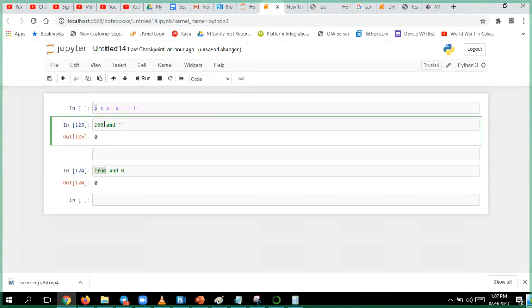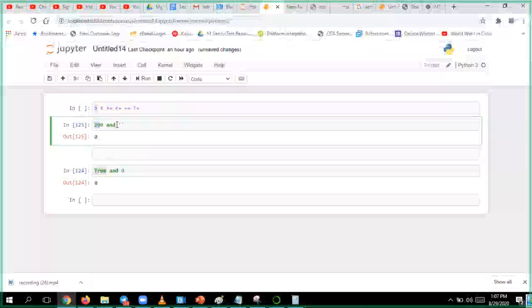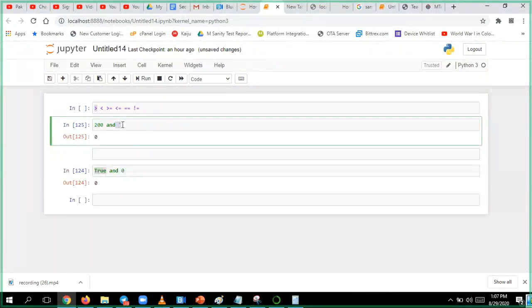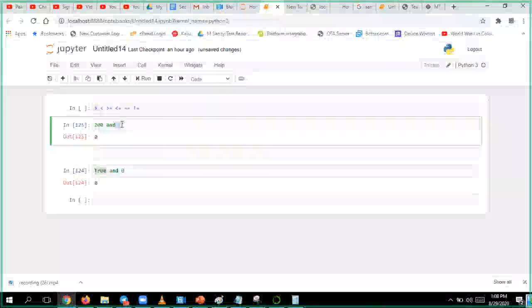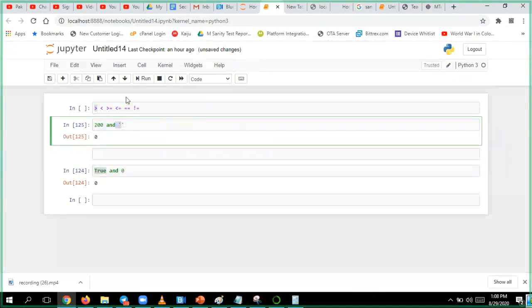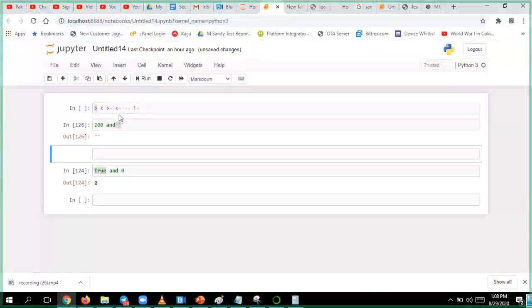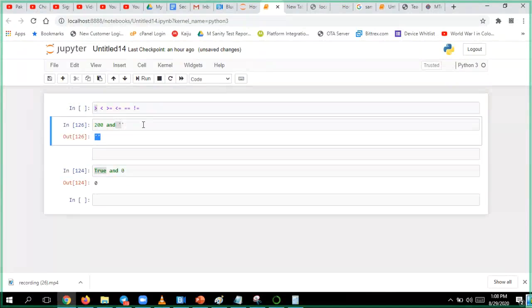If x is true and y is true or false, whichever it is, that value will get printed. Whether y is true or false, I am least bothered. That value will get printed. You will get the x only when it fails in AND.